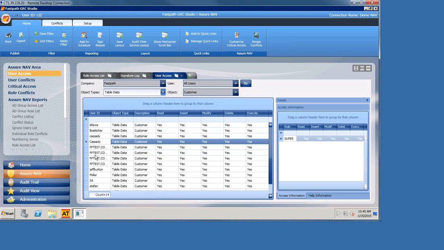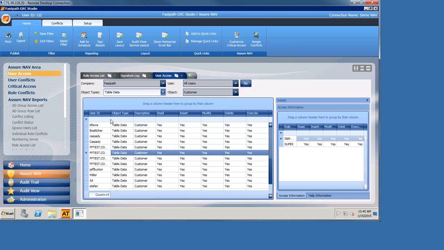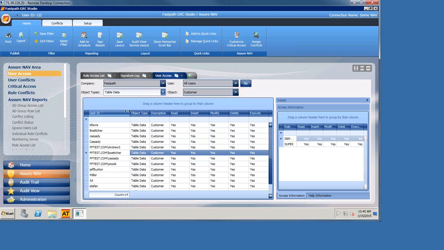And again, we see the same users, they're super users. This user here, I think it's Boucher, has a couple of roles that is giving them access. So you can do this with any object in the system. Excuse me, you can do it for the other company too. So if we wanted to look at Cronus, we could do the same.